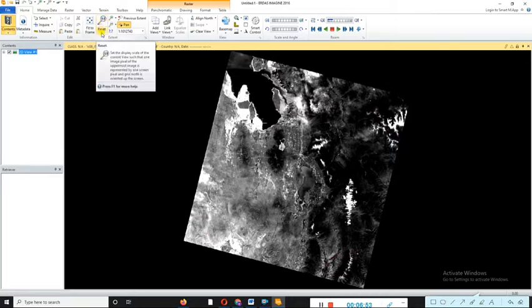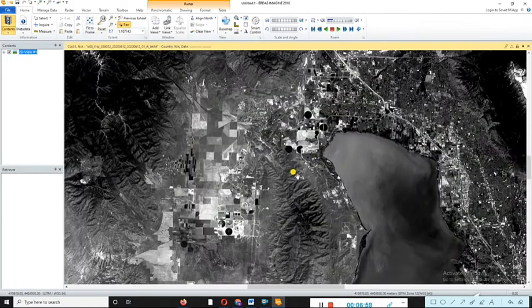Then the next options available here are set the display scale, and like that. Suppose you focus on a particular target area, you just click on that, and you can also reset that zoom, reset zoom rotations.